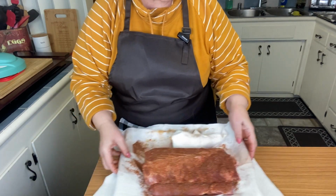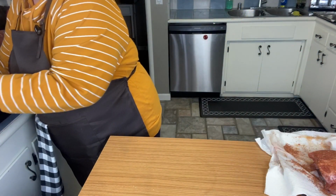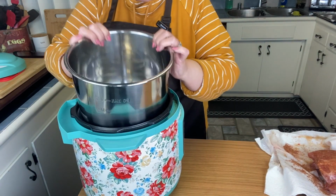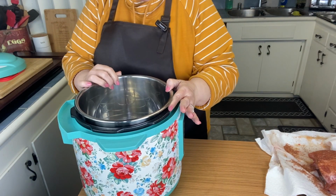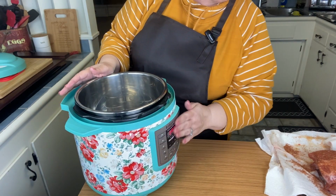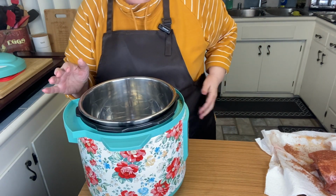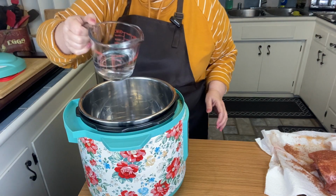Set this aside because I'm going to show you what we're going to do with my Instant Pot. This is mine that I have. You'll see there's a trivet that's in there, and we need that for what we're doing. And then it has controls on the front. So what we're going to do is put 1 cup of water,